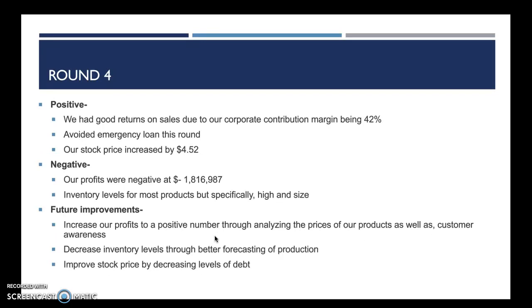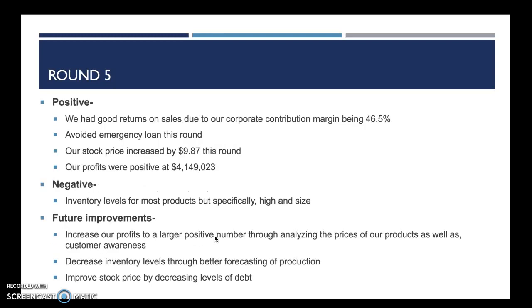During round four, our positives were that we did have good returns. We also avoided another emergency fund, and our stock price increased by $4.50. The negatives, however, were that our profits were negative this time around by about $2 million, and our inventory levels for most products were high in size. Future improvements that could have been made were to increase our profits to a positive number once again by analyzing customer awareness, decrease our inventory levels once again by better forecasting production, and improve stock price by